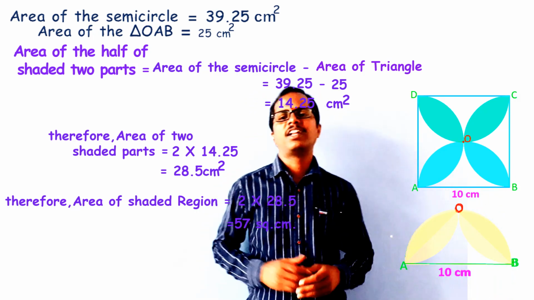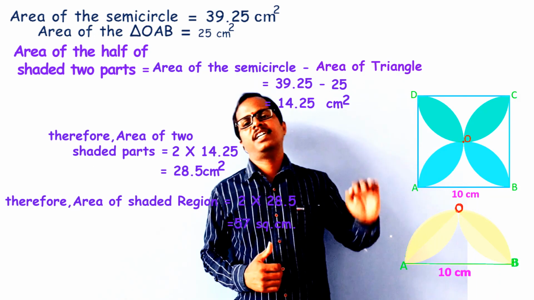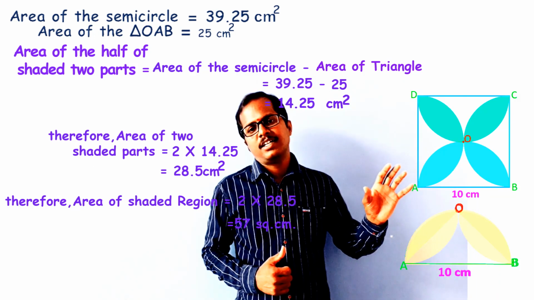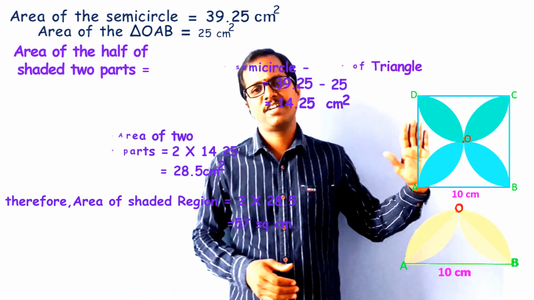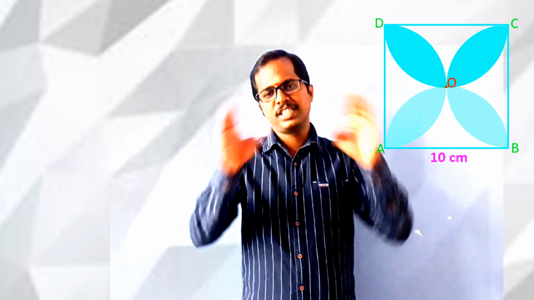So this is one of the ways to find the area of the shaded region in this particular situation. Now let us see one more way to find the area of the shaded region. In the previous method, we took out one of the semicircles, that is AOB, outside, and using this semicircle, we found the area of the required shaded region. Now in the second way, let us take out 2 semicircles: one semicircle is AOB and another semicircle is COD.